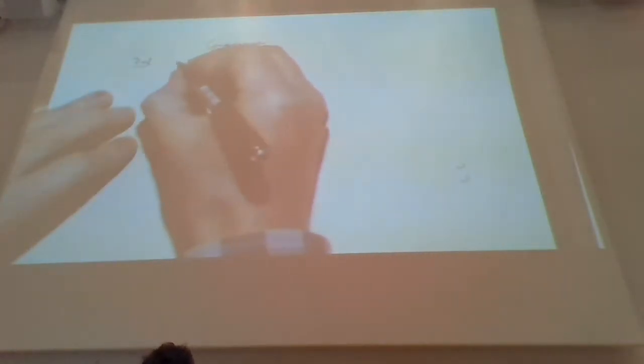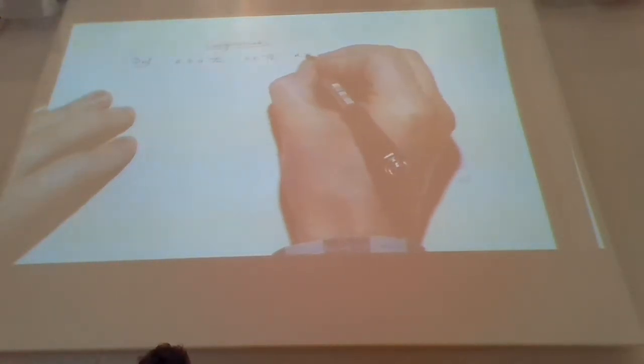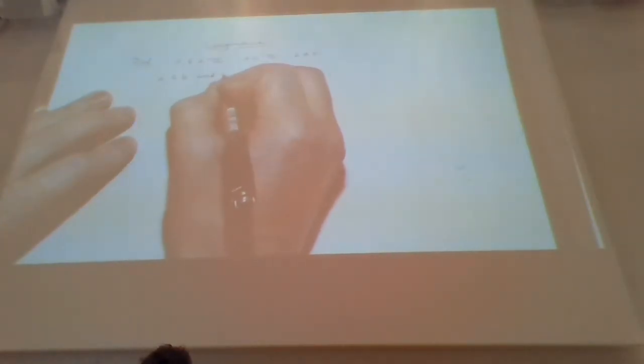So we're going to continue talking about congruences, the congruence relation on the integers. Just a very quick reminder of the definition. If you've got integers a and b, and another integer n, which we call the modulus, which is non-zero, then the definition of this relation, a congruent to b modulo n, that's how we read it, is defined in terms of divisibility. If n divides the remainder a minus b,